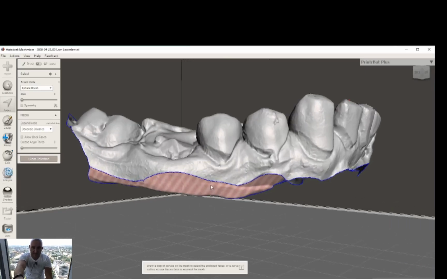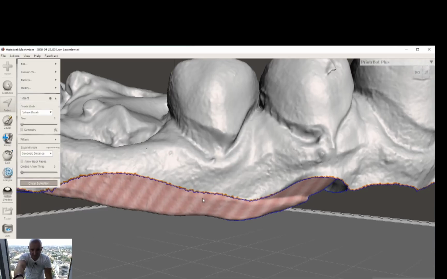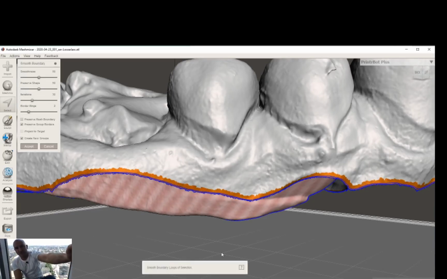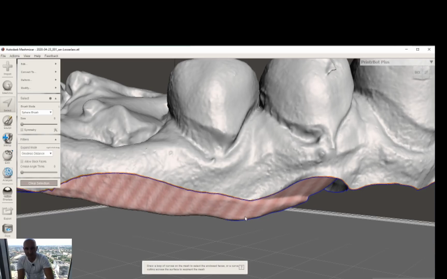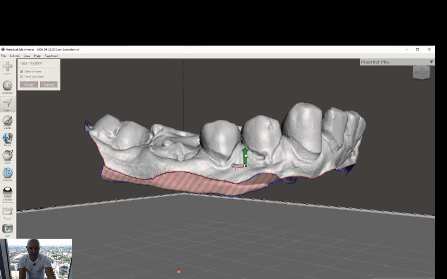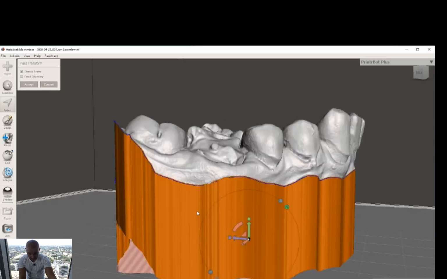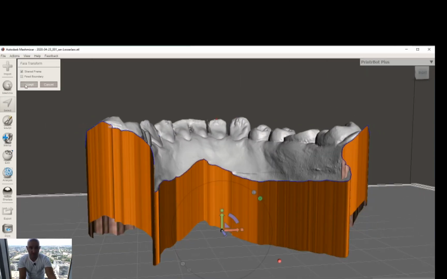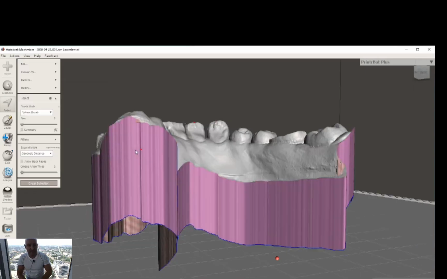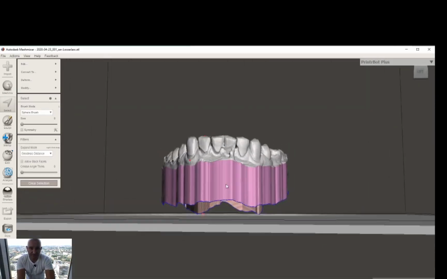Then we choose select again, and we put our cursor on the border, and we click it twice. Then we choose B on our keyboard, we accept, and our border will be smoothed. Then we click T on our keyboard, and we can transform it. So here I just elongate my base of model. I accept it, and again now I will use